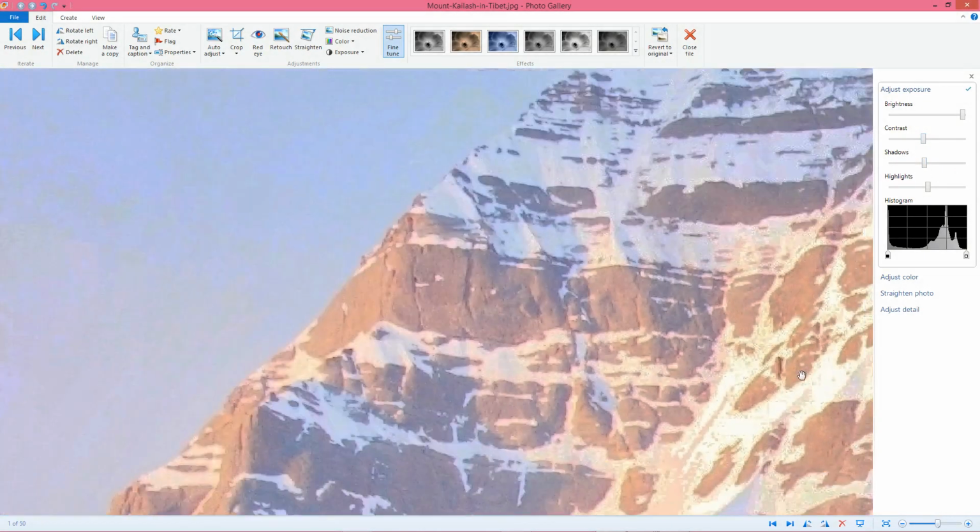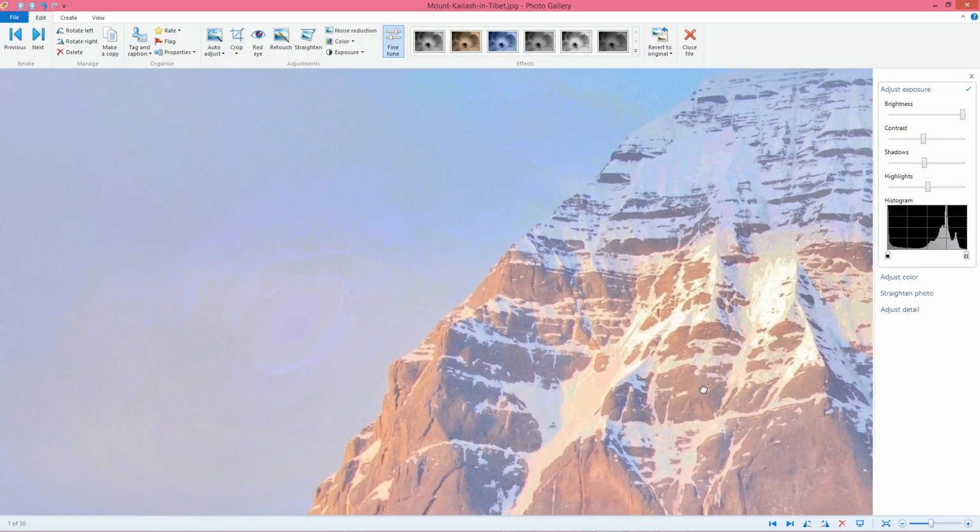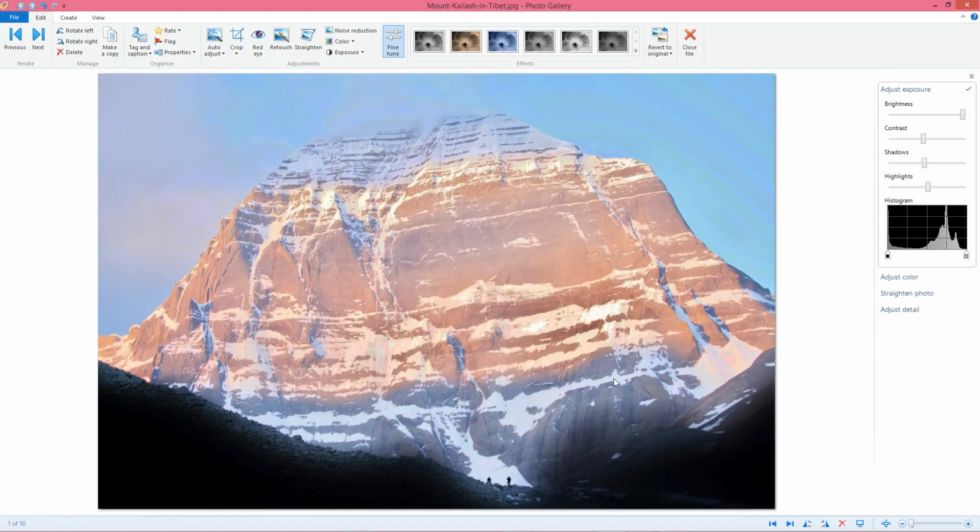So Mount Kailash is super interesting. It just keeps getting more and more interesting the more I look at it. And these are only the first two photos I've even looked at. I haven't even started to look at the other parts of the surrounding buildings and structures around Mount Kailash, as some of the other YouTubers like Roger in Kansas City have done videos on. I don't even know the name right now. I have to look it up and go look at those pictures now, because there's just so much to see